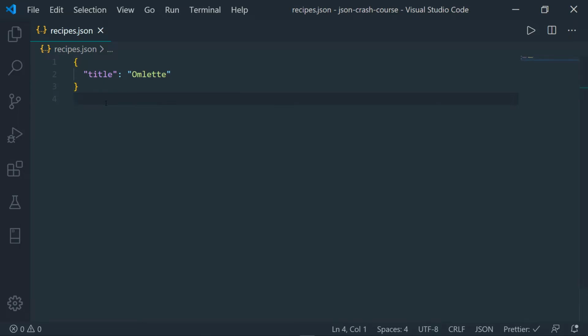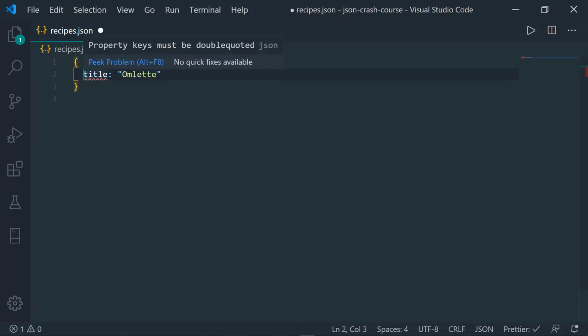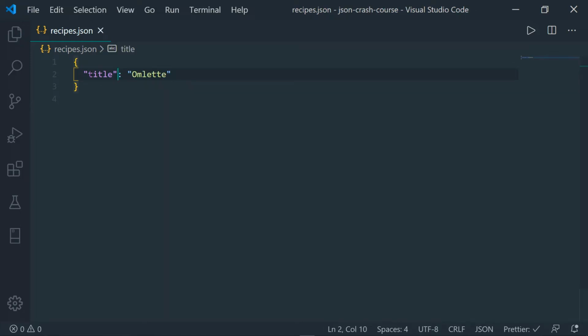If you have a basic idea of JavaScript syntax, then you might have observed here that we don't generally use quotations for keys inside of JavaScript objects, but for JSON objects we have to keep the keys inside of quotations, because if you remove the quotations, then you're going to get an error saying that you have to keep the keys in quotation marks, and those are going to be double quotations, so make sure to do that. And that is the only difference between a JavaScript object and a JSON object mainly. You can actually have multiple items or multiple key value pairs inside of an object. So for now, I'm going to add some more items inside of this object.